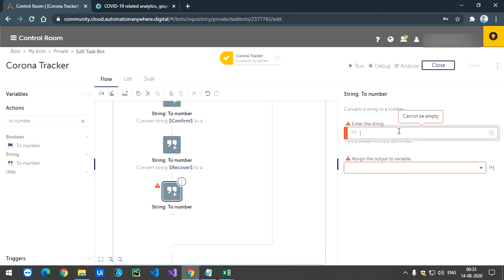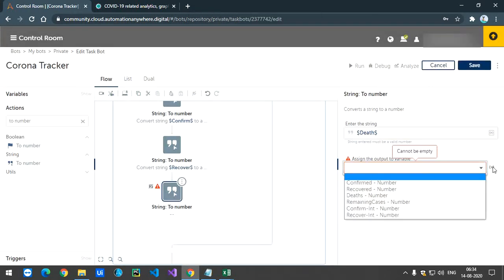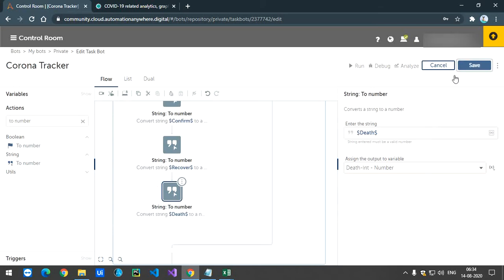Then last is death, and I'll store it in death dash int. Okay. After this, the next step is to do calculation.